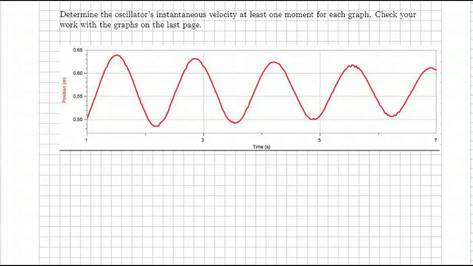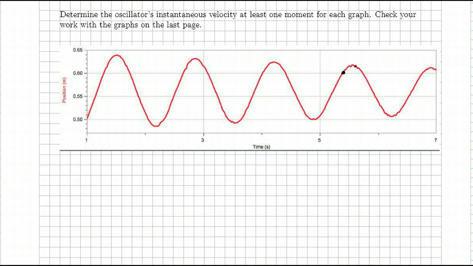Okay, I'm going to do the motion characteristics of oscillation follow-up. I'll just do one of each type of calculation. So we're going from the position to the velocity here, the position graph to the velocity. So I'm going to pick a random point, maybe here,